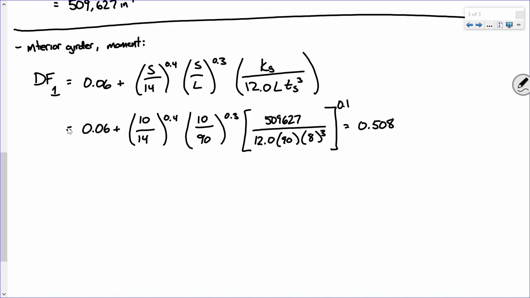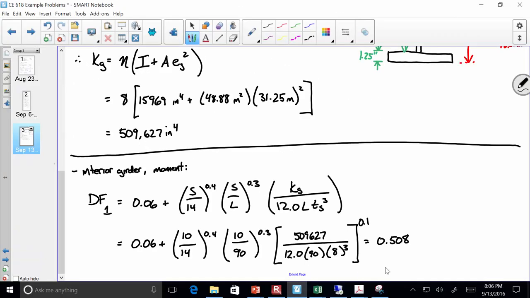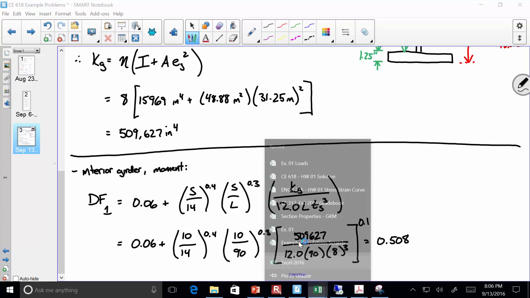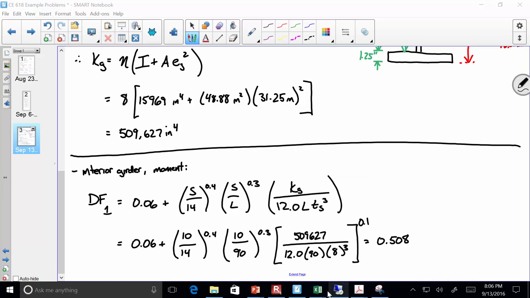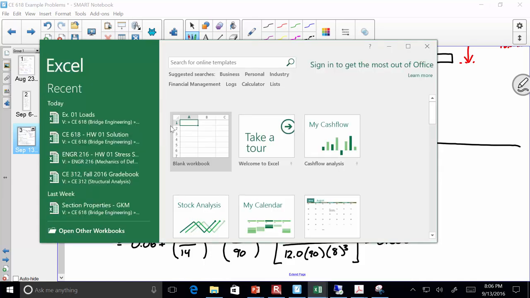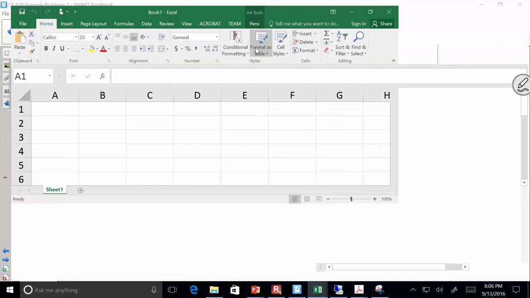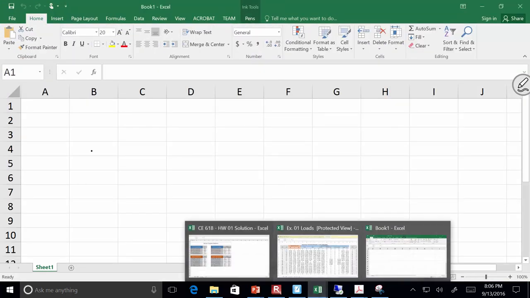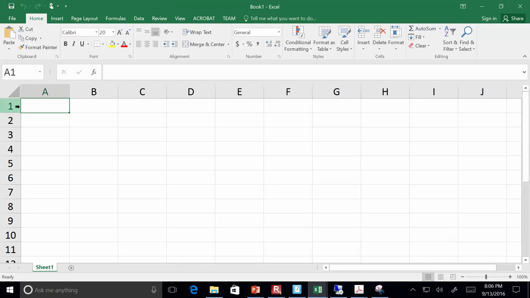Okay, all right. Let's go into Excel. Let's do this in Excel together, so let's make sure we're clear on this. I'm actually going to open up a new Excel sheet. There we go. All right, so here's how I'm going to do this. I'm going to say equals